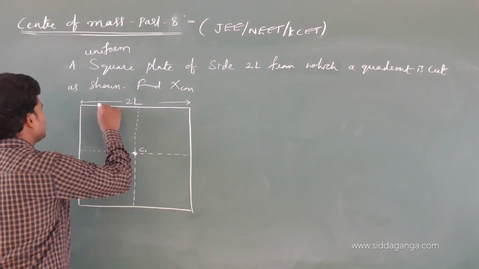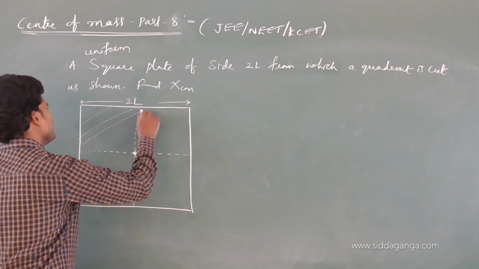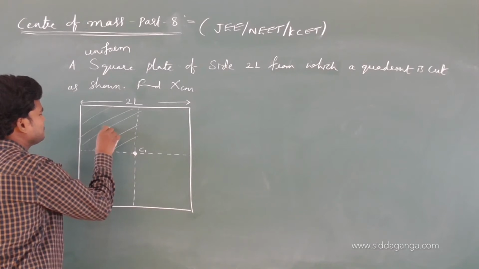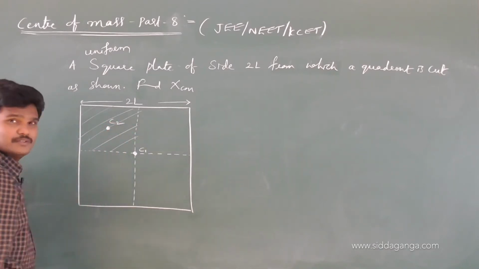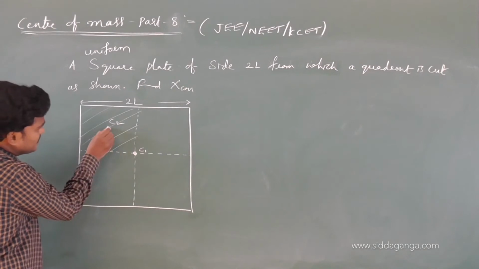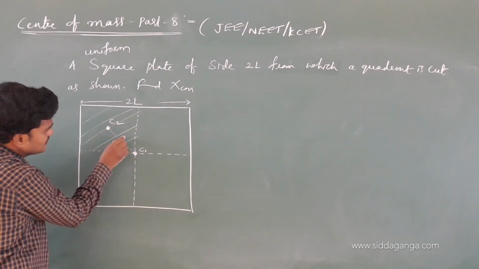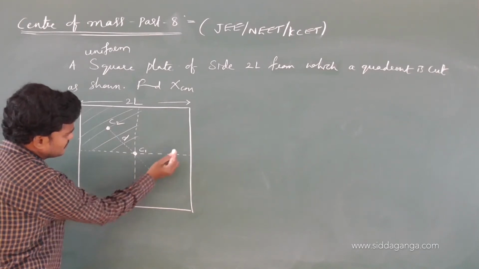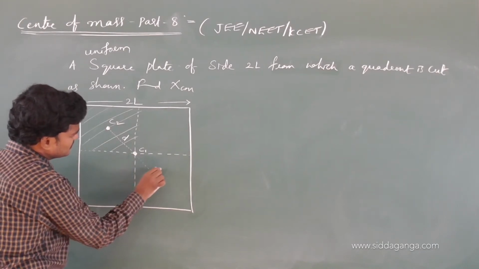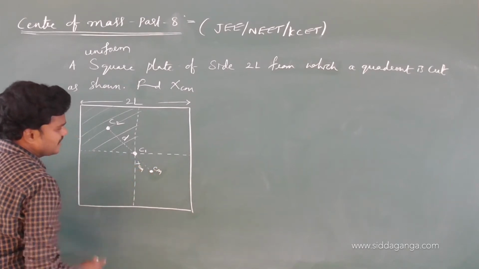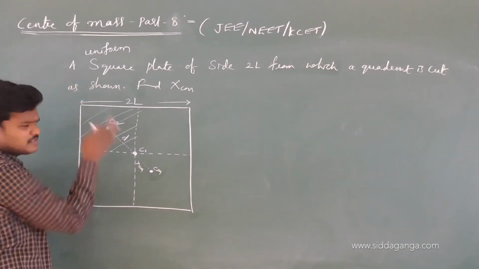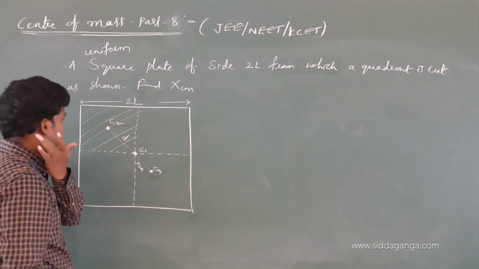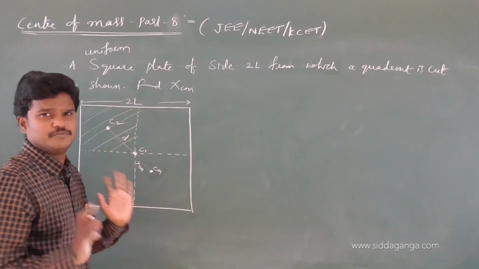If I cut this part, if this part is removed, then the center of mass of this part is here, C2. The distance between them is d, and the center of mass will shift this side. Somewhere it will shift. So this is the shift in center of mass, x CM. Because I am going to cut this place, the center of mass will shift this side. If you cut here, the center of mass will shift to the other side. Anyhow, for the cut part, the final answer is negative.